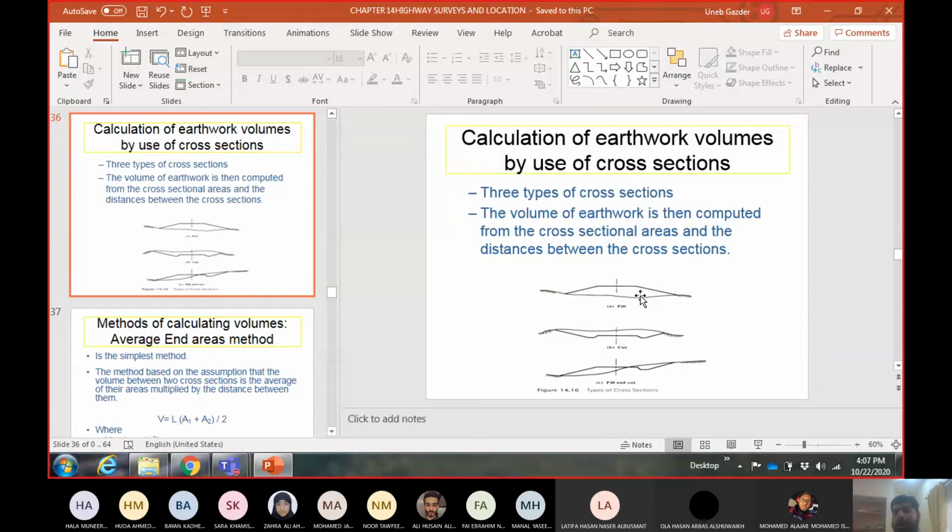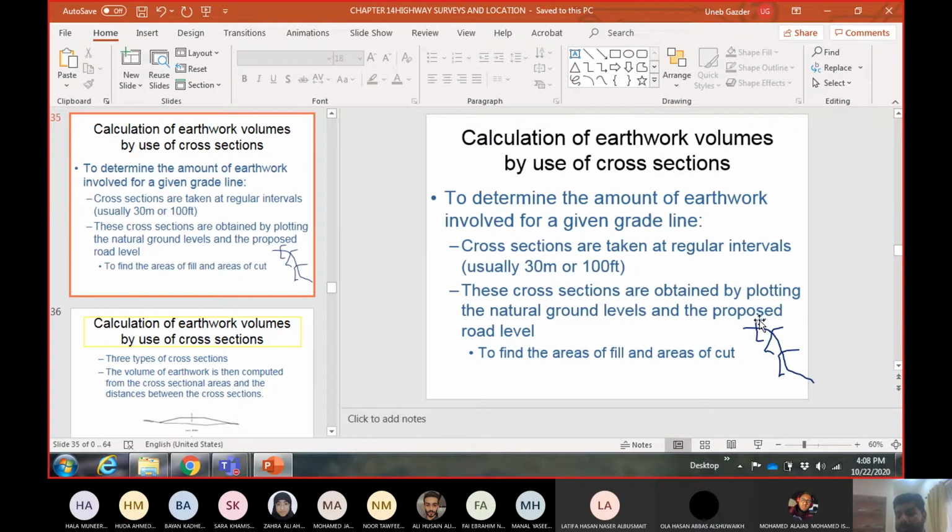I told you in the previous lecture that earthwork is calculated in terms of cubic meters or cubic yards, which is volume. So you are taking the area, you will obviously have area. You will not get the volume. So we need to multiply with the third dimension. This is a cross section, so you have used the height and the width. Now we need to multiply with the third dimension, which is the length. So I have this cross section. Which length should I multiply with? Because which length belongs to this cross section?